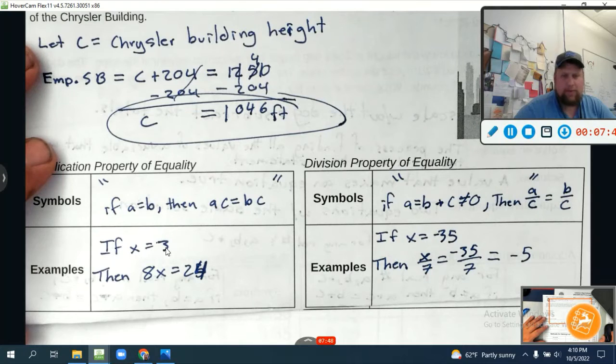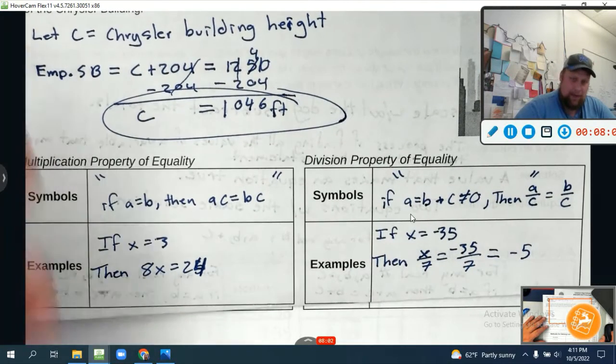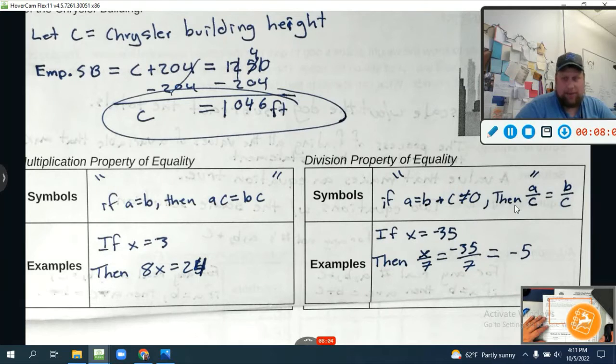So in other words, if X equals 3, I'm going to multiply 8 times X on this side, 8 times 3 on this side, and I get 8X equals 24. Which is true, because what's 8 times 3? It's 24. Or, over here, if A equals B, and C does not equal 0, then A over C